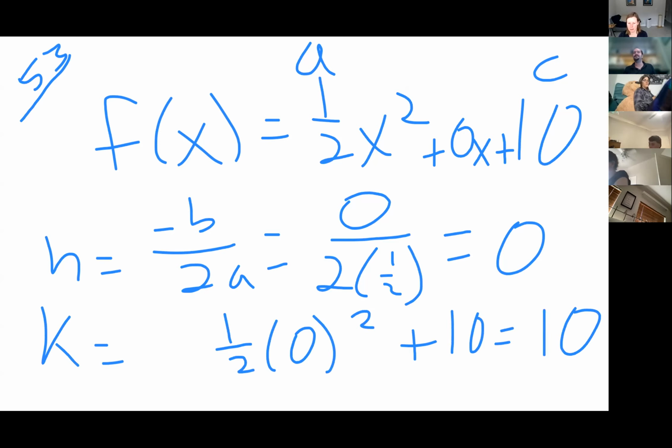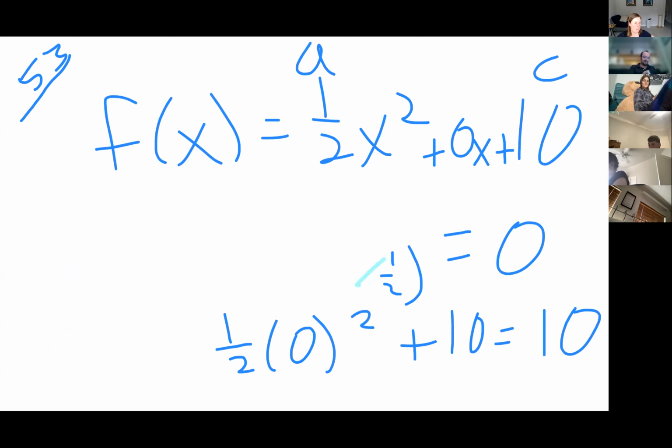Should be 10. So it looks like my vertex is 0, 10. So if I know my vertex is 0, 10,